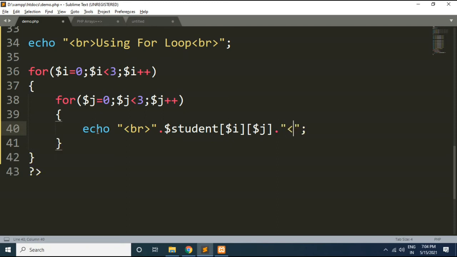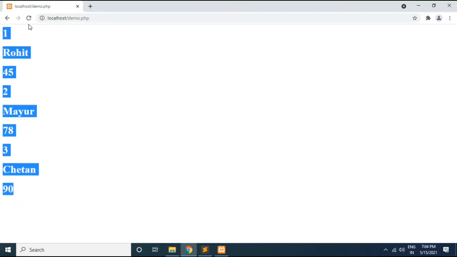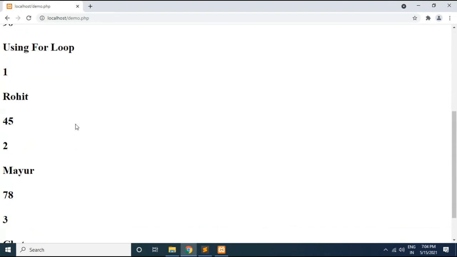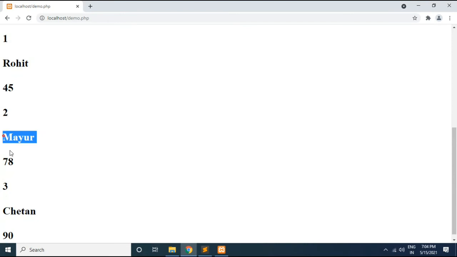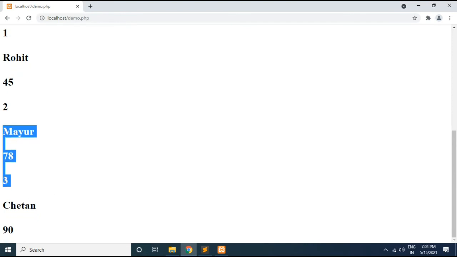Here as well I will add a br tag. Okay, so if you go to the browser and refresh, you can see using for loop we got the first element, we got the second element, and we got the third element. Okay, like this using for loop we can access the array elements.